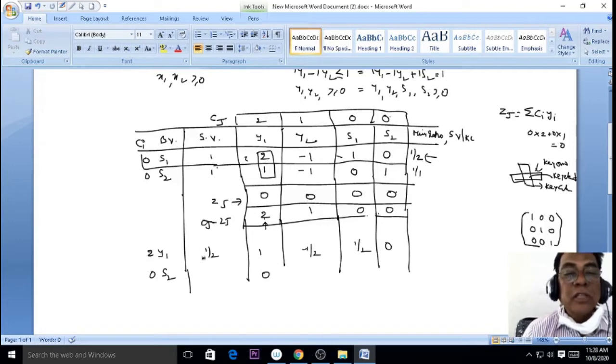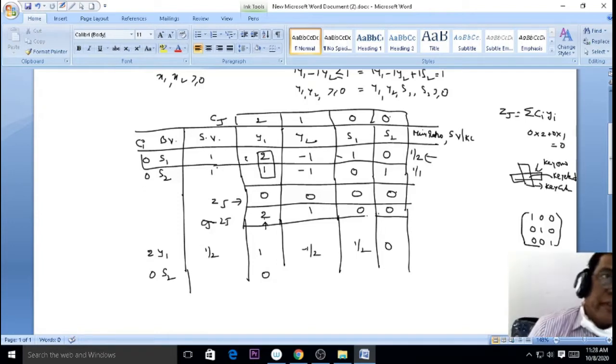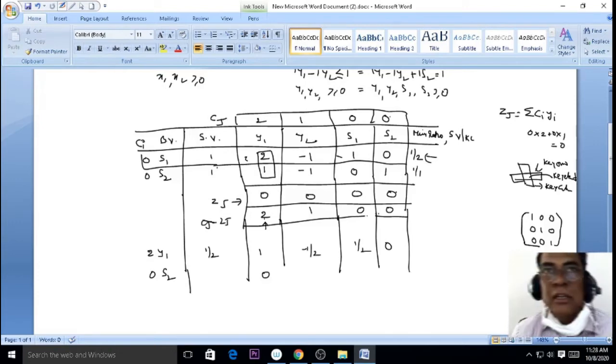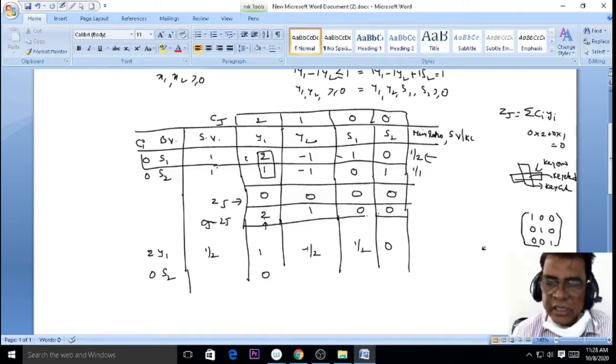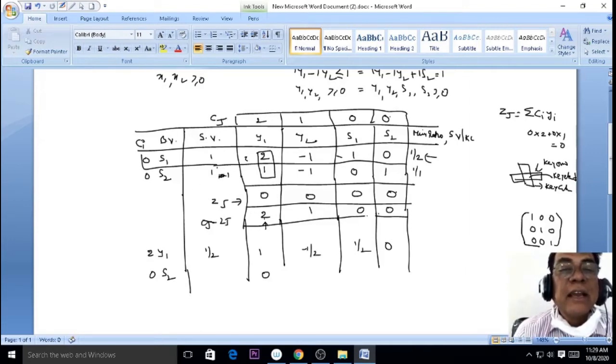The next, how to calculate the remaining values of the second row here? Simple thing, our formula. What is the basic logic formula? A minus B into C by D. Or if you want to refer to any textbooks, in the textbook they use different methodology, that is row operation, the Gauss-Jordan method. It's okay, that method is also correct. Better to use our logic method. What is A? These are the assumption process. Let this be A, and the top is B. The straight key column is C. And this is D. D is fixed. That is the key element.